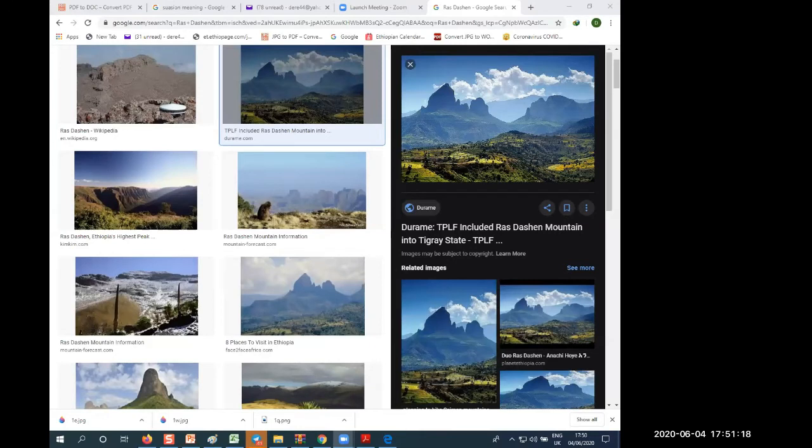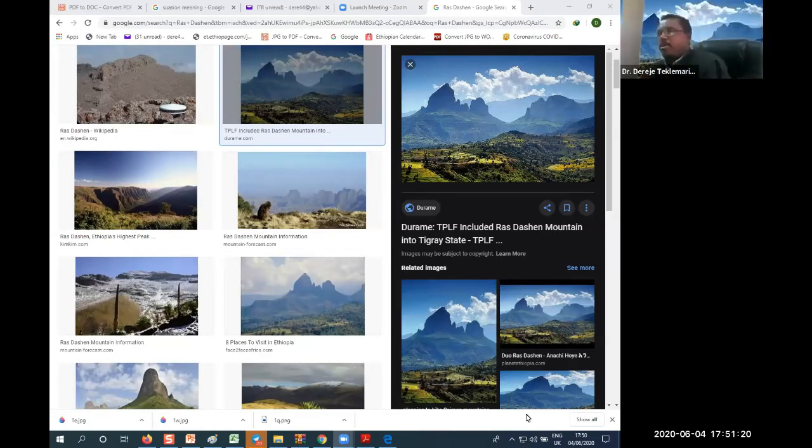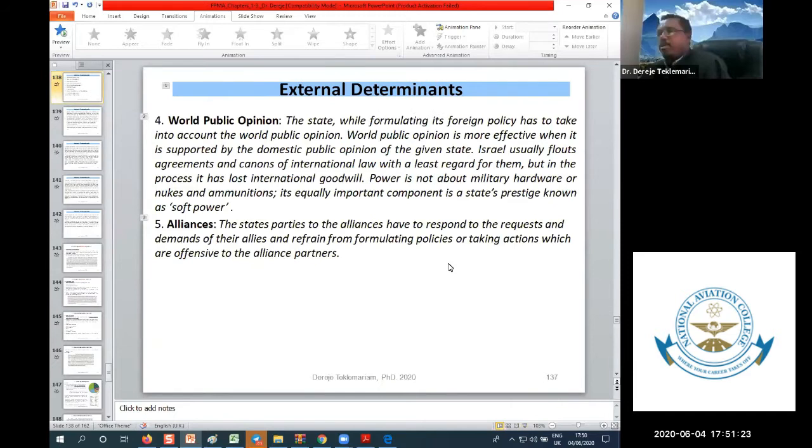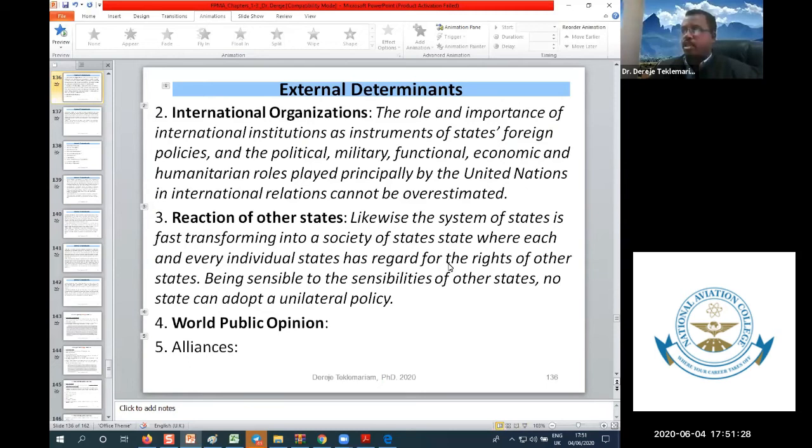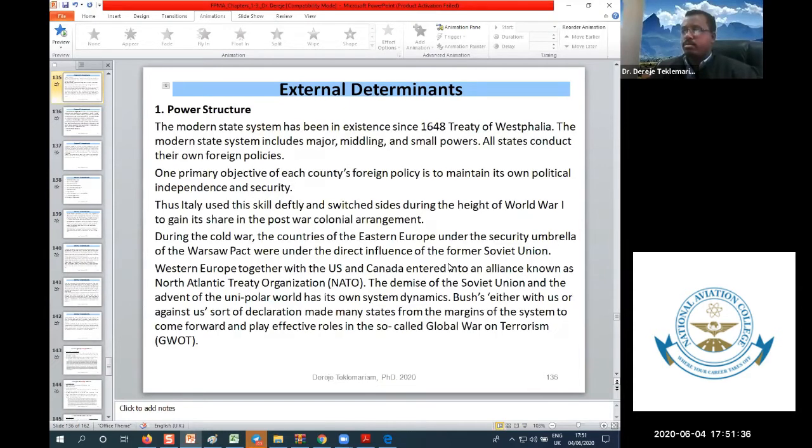If you remember, we tried to see determinants of foreign policy last time. We tried to mention determinants can be divided into external determinants and internal determinants. It means countries craft the foreign policy in consideration of these external and internal factors. Under the external factor, by the way, today, by any means, I will send you the PowerPoint, revised, from chapter 1 to chapter 3, and then the remaining will be a matter of two classes. Within the coming 2 classes, I expect we finish the course.